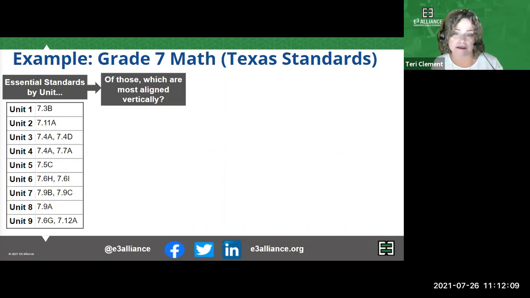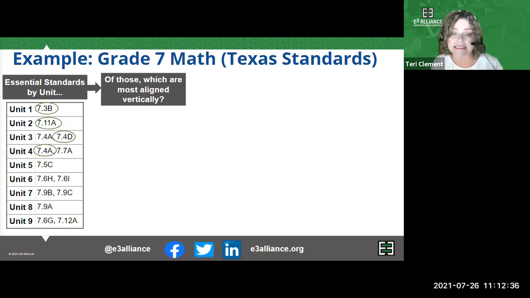But when we look at those, we see that in our example, units 1 and 2 are already kind of focused on 1 each, and they both have strong alignment to that next grade level. For unit 3, 7.4D has a stronger alignment after being studied to that vertical concept, what's coming in the following grade levels of 8th and 9th.